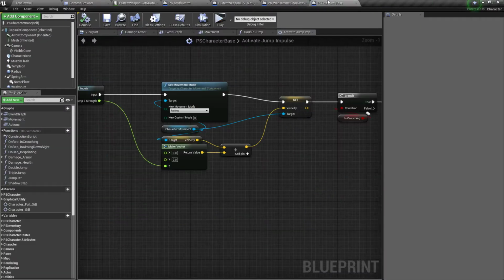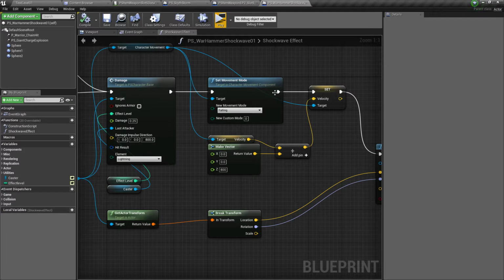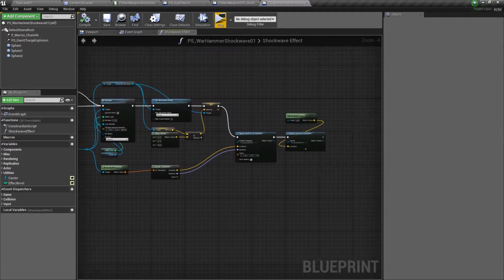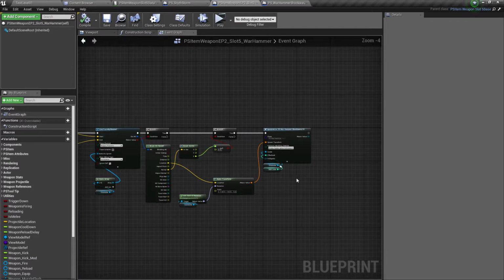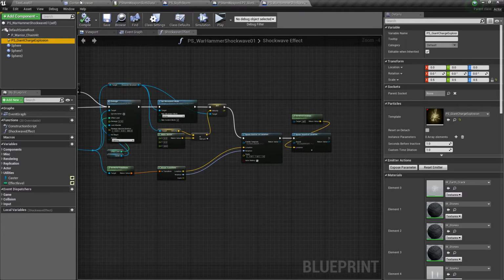Okay, so I can now go into this. I can get rid of the print. I don't need the character base anymore. This is not necessary. I know that it is doing what it is meant to do. Okay. I needed some kind of, I don't know, maybe I can try changing out one of the effects that gets played. It's a giant charge explosion. What if